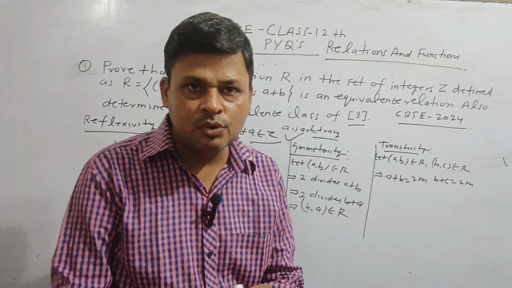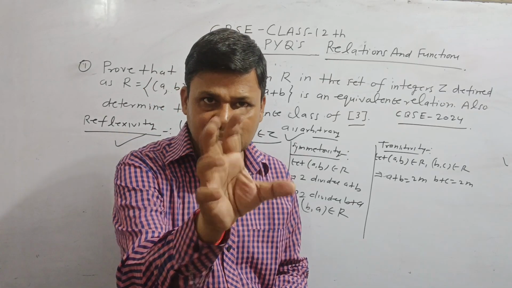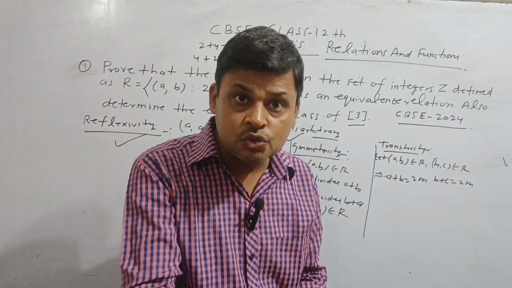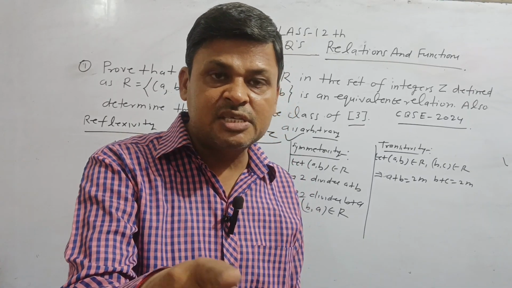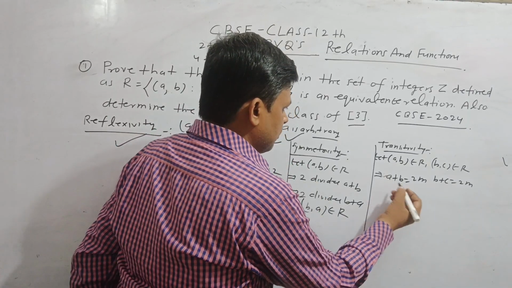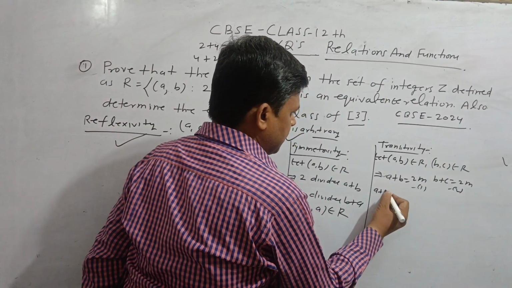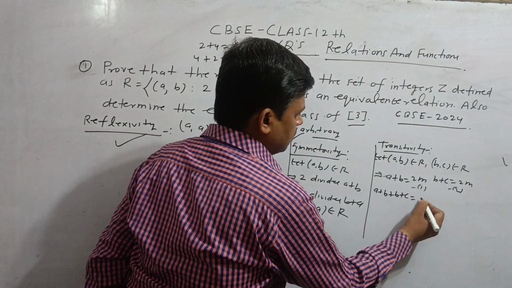Now we have to find the relationship between a and c, whether (a, c) belongs to R, that is a plus c is divisible by 2. So for this we add these two equations. So a plus b plus b plus c is equal to 2